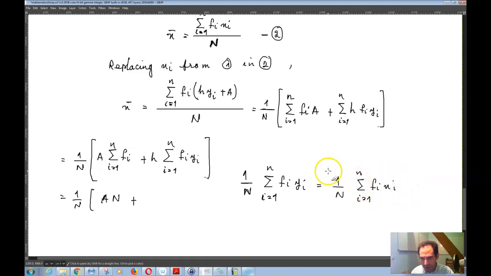And you know that this part over here is equal to x bar. So this part over here, you can write it as y bar. So that means that this is h times this whole expression here,